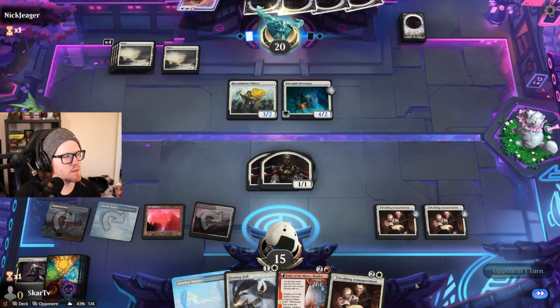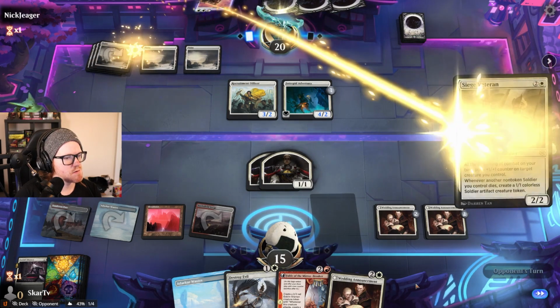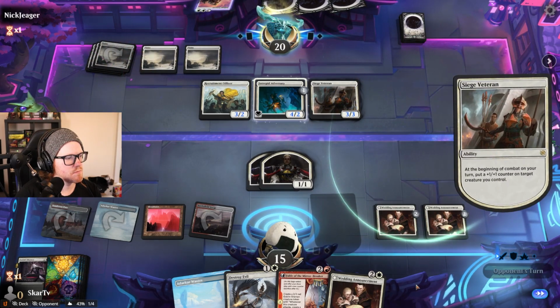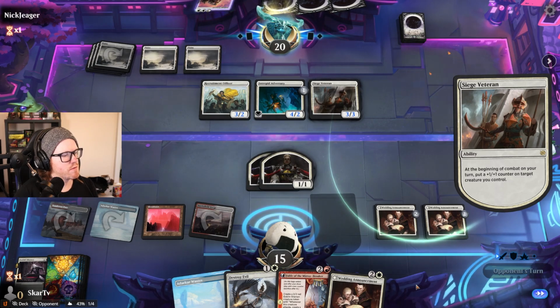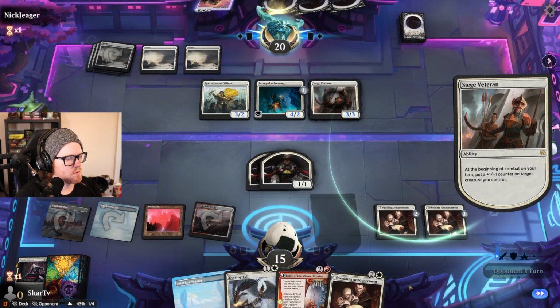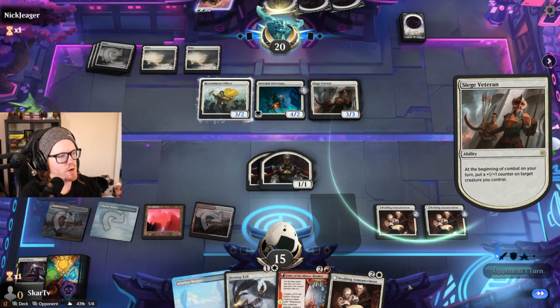Our opponent looks like maybe they're going to pump the team, if that's what they think. Alright, Siege Veteran. Not bad. Sure. They attack with just the 4/2. We'll just chump block with 1. It doesn't pump the team anymore. And they're unsure of where they want to go with this counter, so...